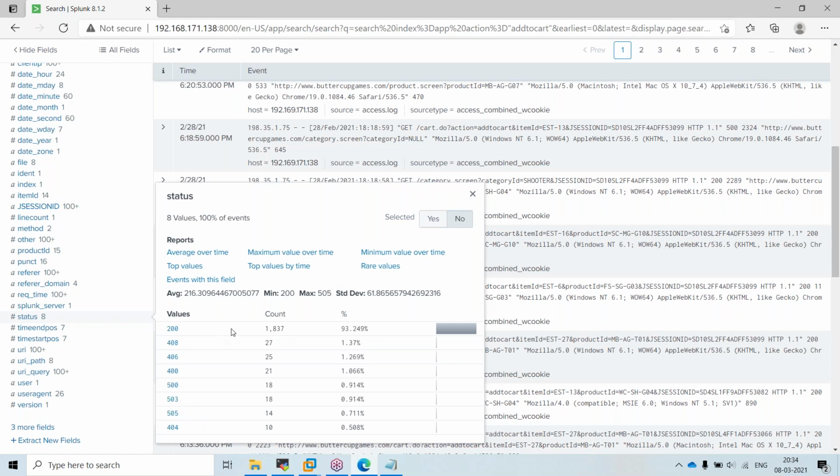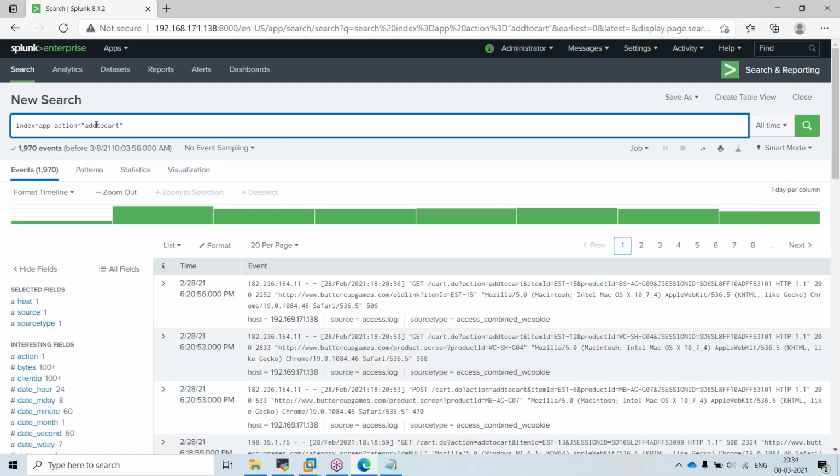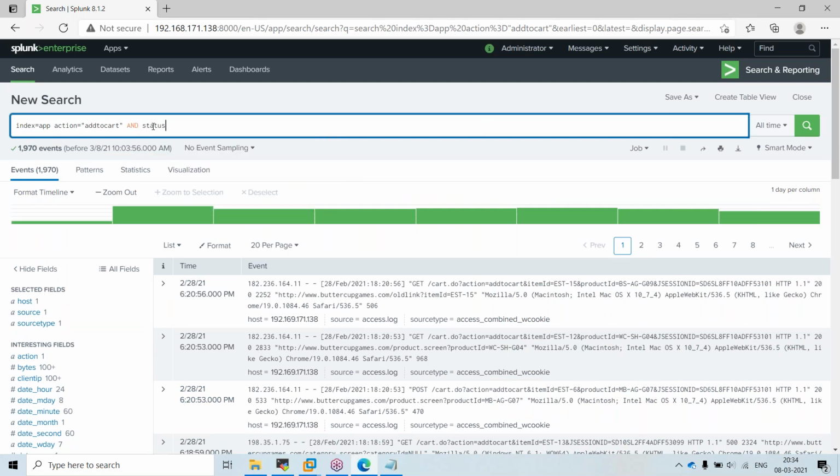If I categorize, if it is a 200, it is successful. Which is not 200 in this case is a failed transaction. So if I want to apply my logic only on the positive transactions, then I have to give action is equal to add to cart, and I will give status equal to 200.